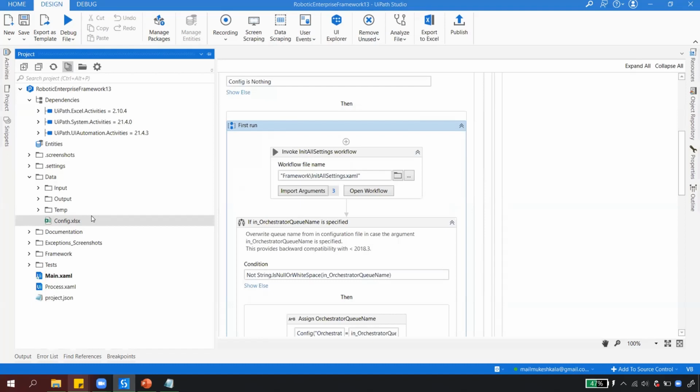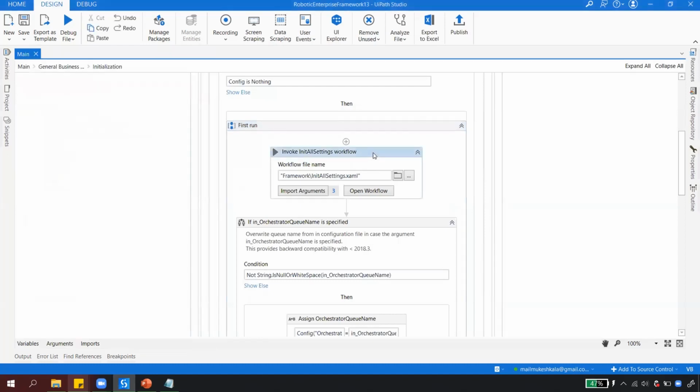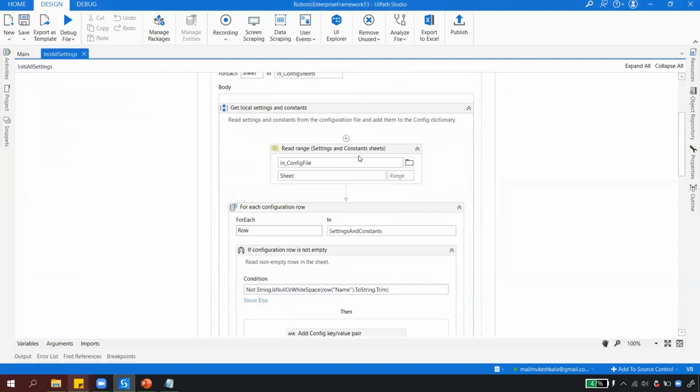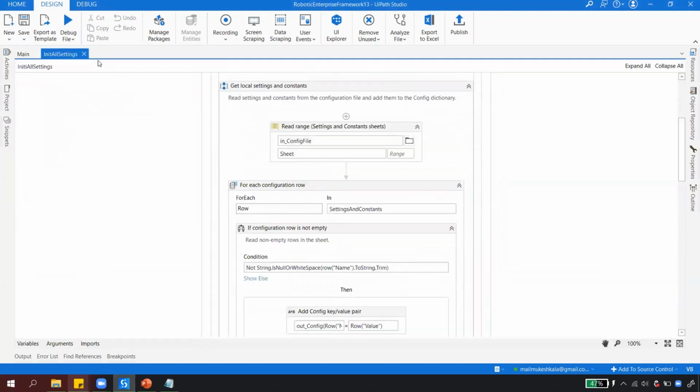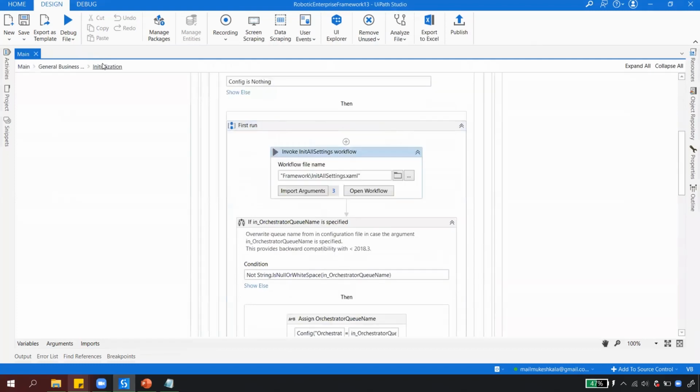Read this config. Everything is written inside this one, which is called init all settings. The RE framework has already written the code to read all this config. Everything is done for me, right? So the first thing the RE framework does is reading of the